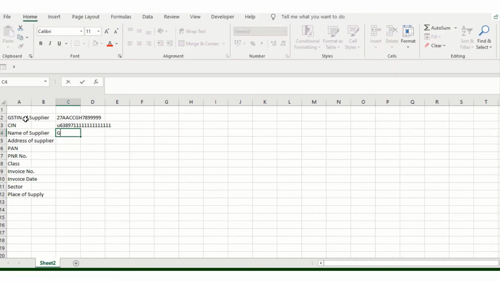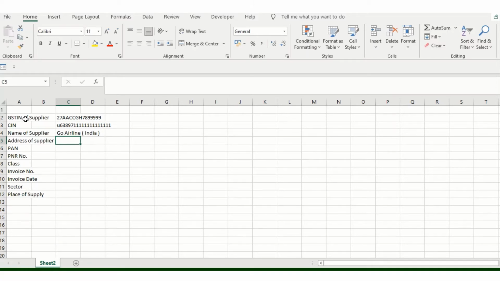So I'll add the supplier name over here, name of supplier. Suppose I have Go Airline India, or if you have another country, you will get another location. Address of supplier, or whatever registered address they have added, you will get here.